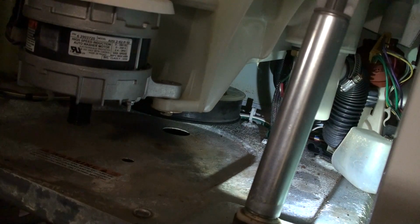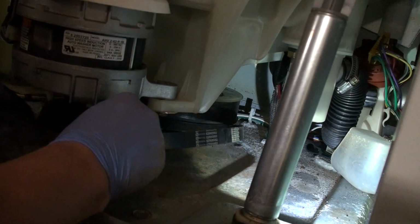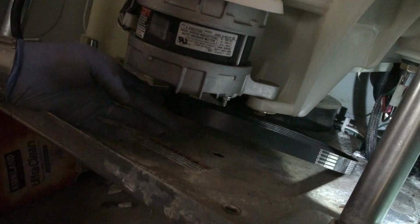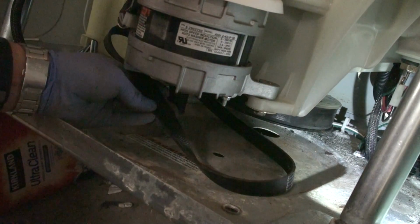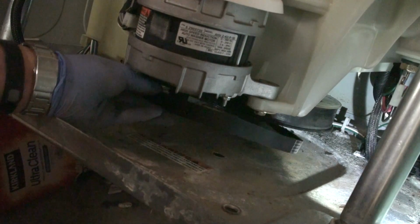Of course I cheated and used my electric ratchet to get it tighter. But I couldn't record it. So the last time I did the belt, I had a hard time getting this on. So what I'm going to do this time is I'm going to align the teeth of the belt. You see how it's a grooved belt. I'm just going to line it with the teeth here, and then